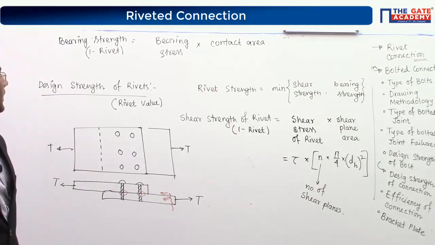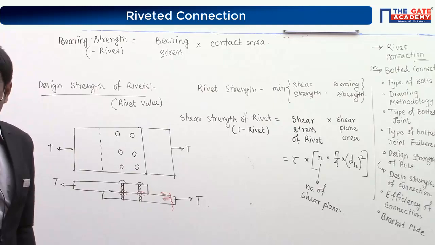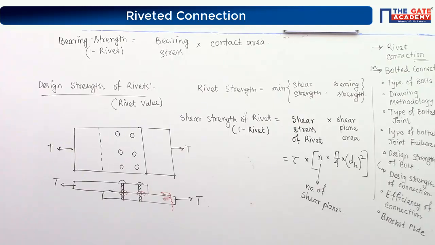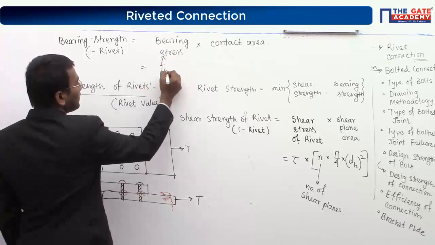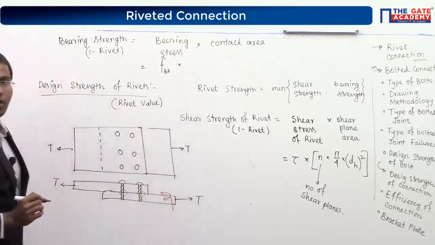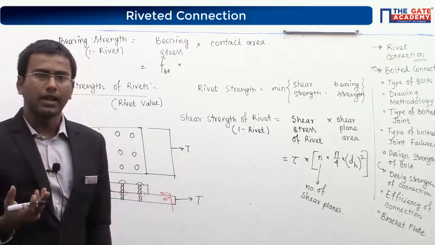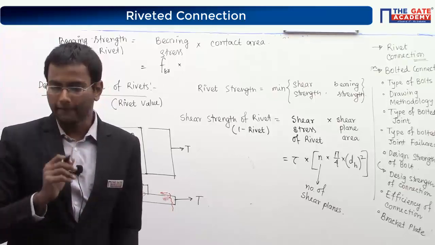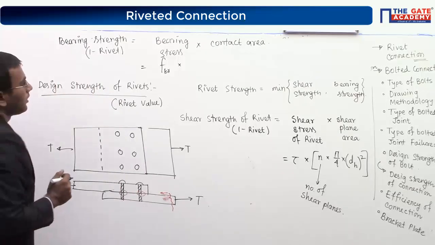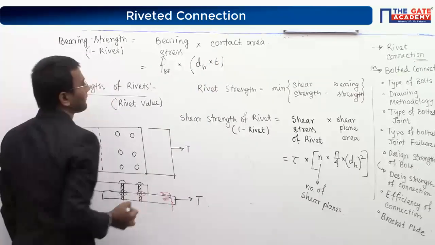Right, now see here, if I talk about the bearing stress, again we know the value of bearing stress, but in this problem, we will not consider that value. We will only assume the Fb value. We are not writing 0.75 because we do not know the value of yield stress, and sometimes the bearing stress value is directly given. So that's why I am only writing F bearing. This is multiplied by contact area. Contact area is nothing but dh multiplied by T.